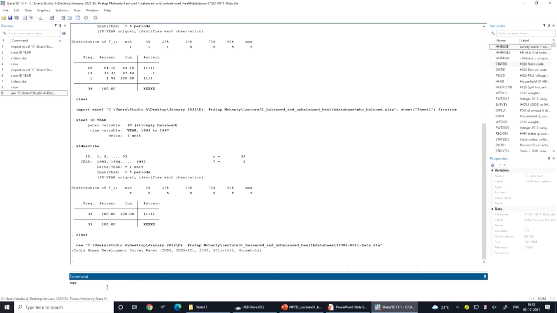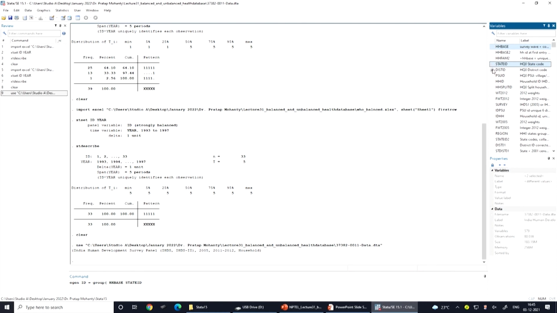So, we are generating an ID variable. egen is the command, as per the instruction given in IHDS. You can search on Google in their web page. So, we are making an ID variable through this command.